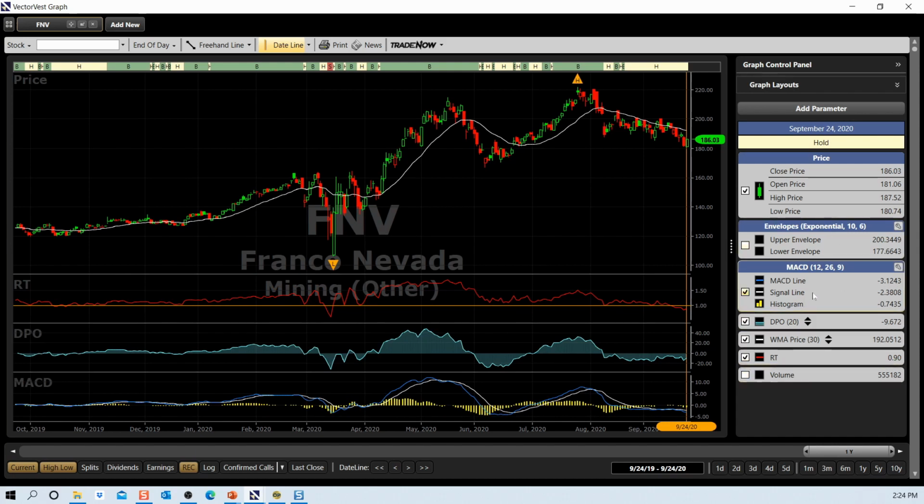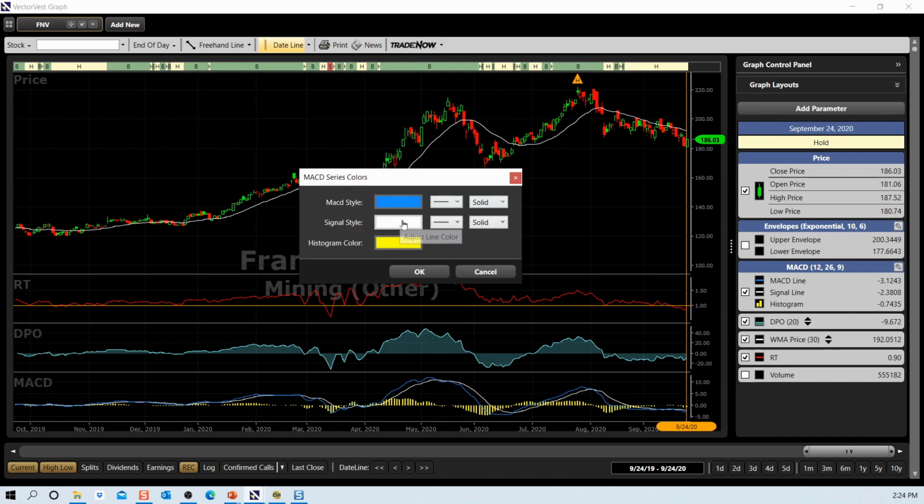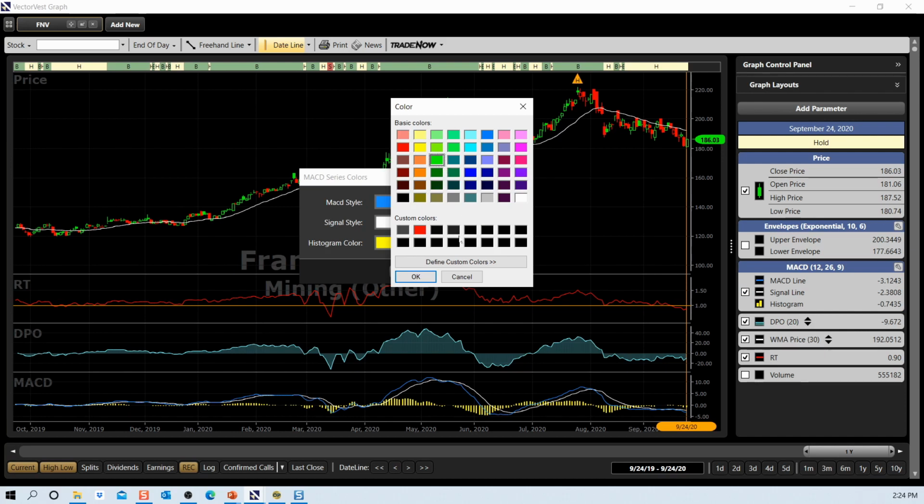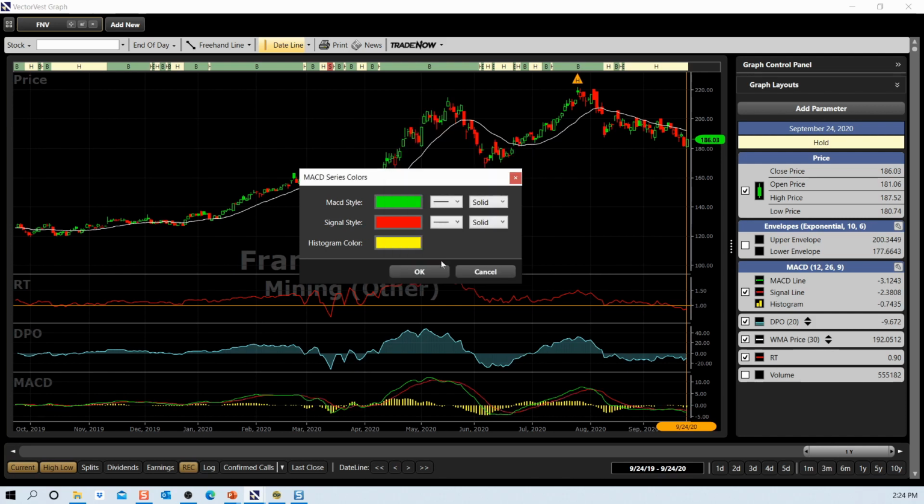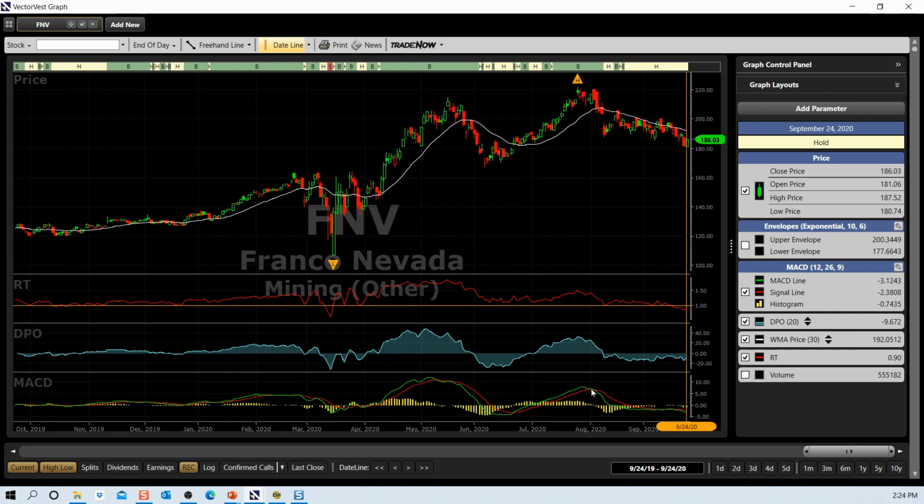And from here I'm just going to change the colors on the MACD. I'll right click, change the style, and I'm consistent where I want the green above the red. Green is good, the red is not as good, and we'll click on OK,